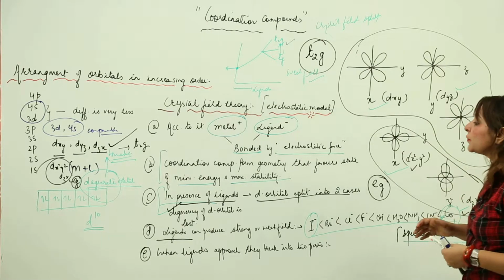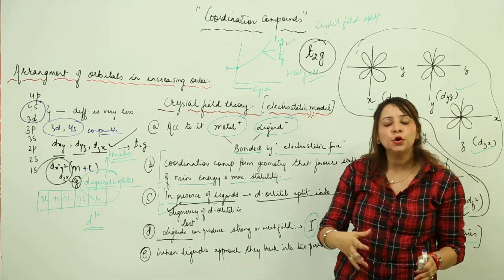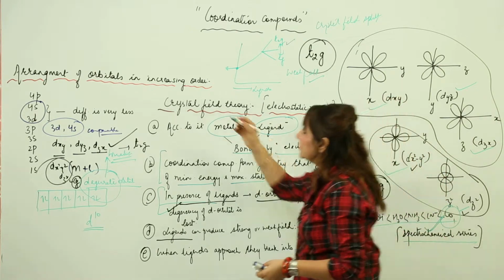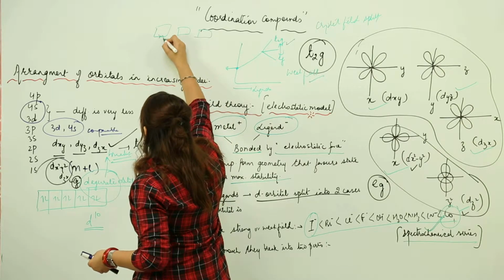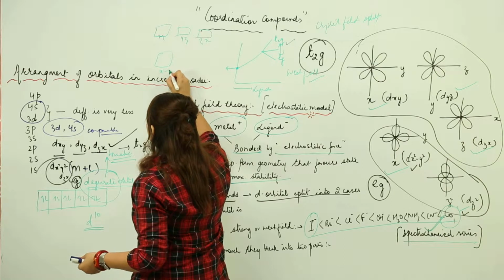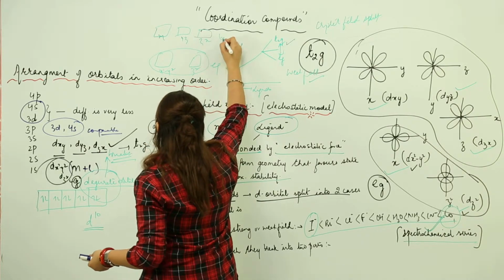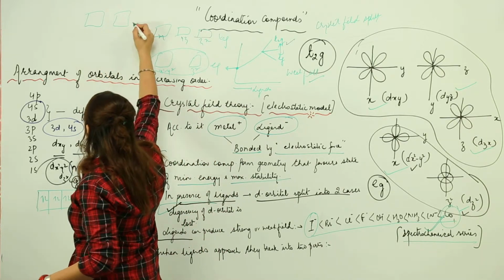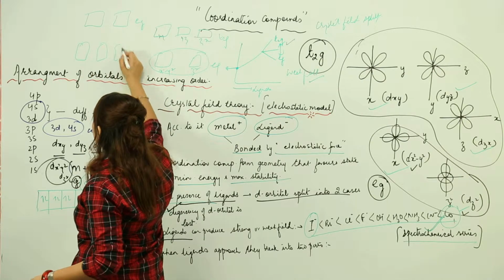Spectrochemical series, right? So I think it's clear that the d orbitals have the same energy, but when the ligands approach, their energy gets split. The split can be like this: suppose this is my dxy, dyz and dzx, they possess higher energy, and my dx square minus y square and dz square possess lower energy. Or it may happen that the splitting occurs this way, that this is my Eg having higher energy,